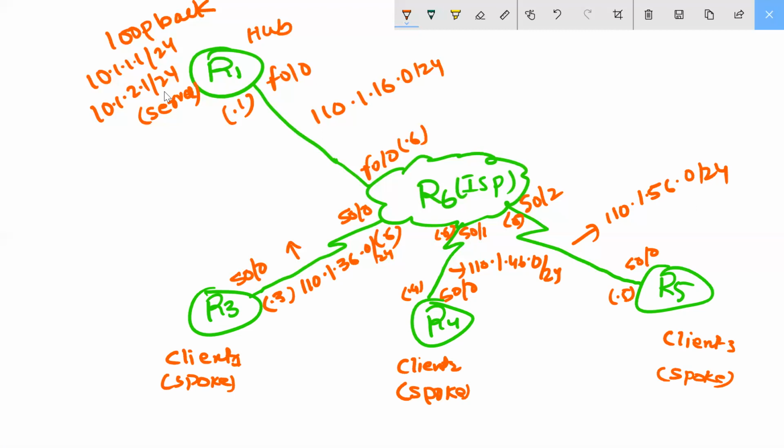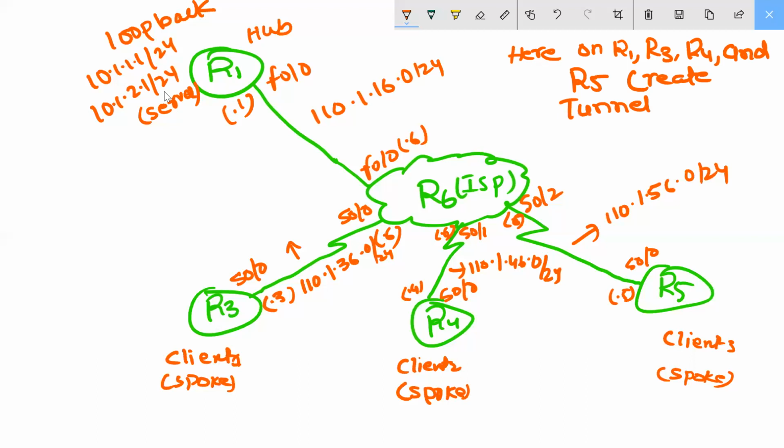Here on R1, R2 is not there, R3, R4, and R5: create tunnel interface 1. Tunnel interface 1. Okay. Assign IP addresses from network